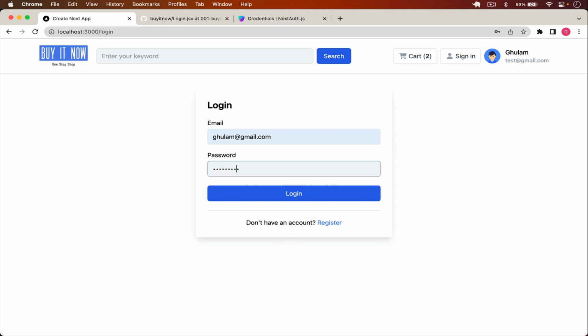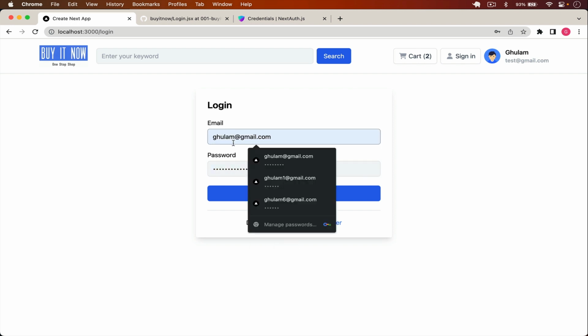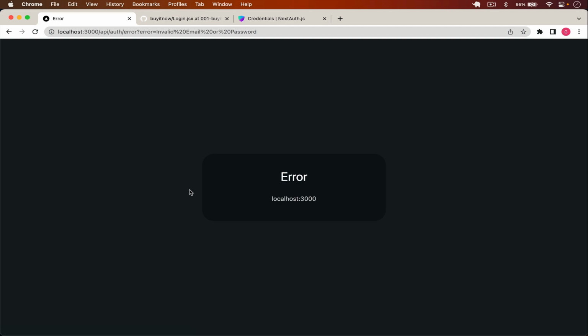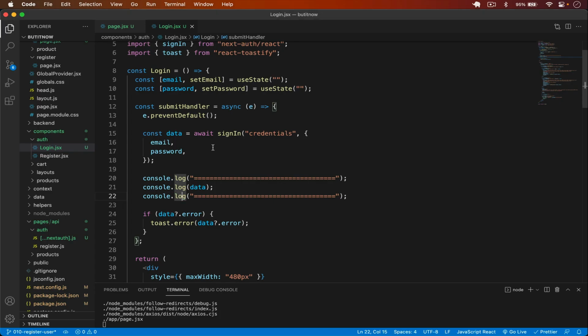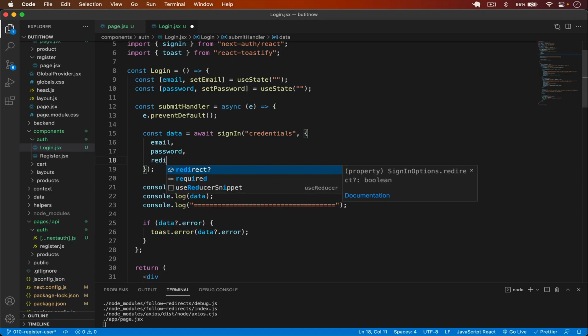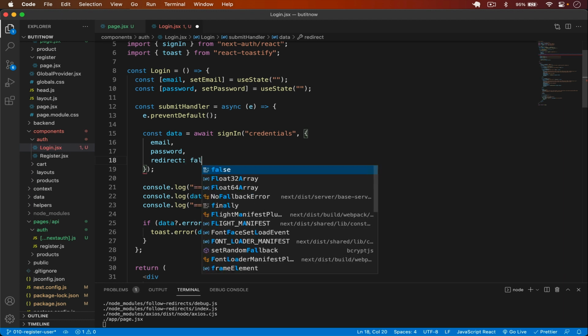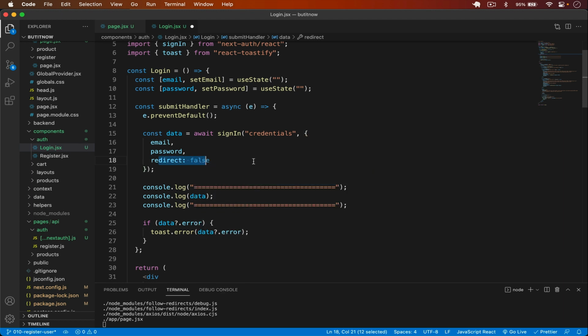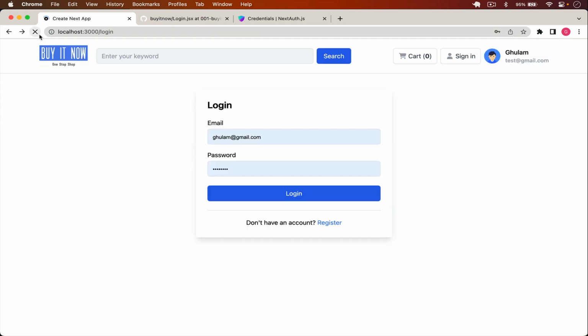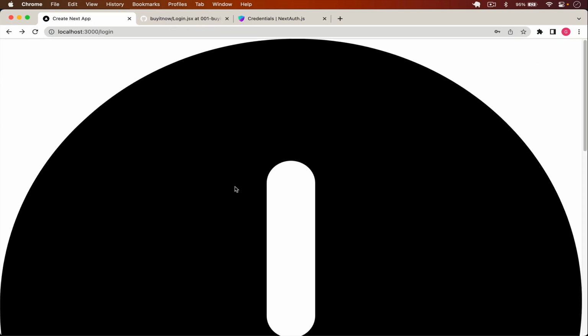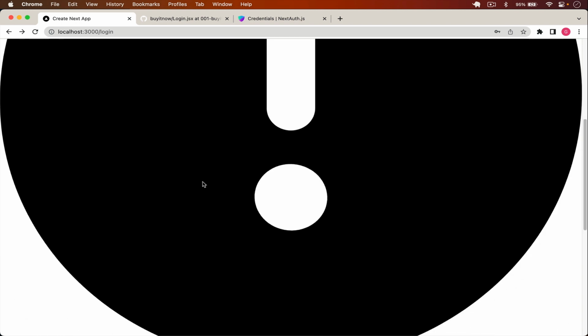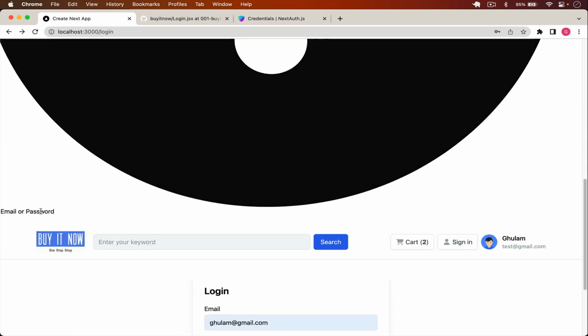So if I type here a wrong password and wrong email and click on login, we get redirected. To avoid that I simply go back and add redirect: false, so it will not redirect us to that default error page. If I simply save it, now if I go back and click login, you can see that here we get